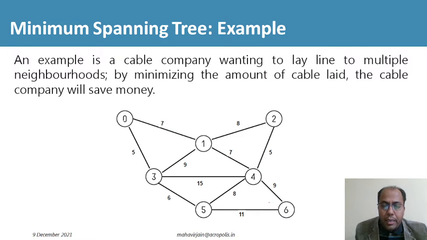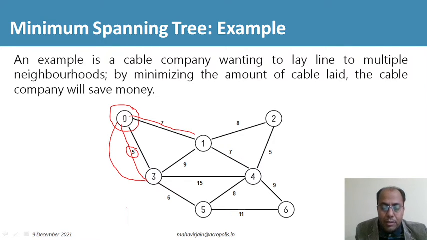Now, from this example, we can see that this is a graph. Suppose I am interested in finding the minimum spanning tree of this graph. Then I will choose one vertex that will be considered as a source, and I will pick the minimum edge. So in this graph, if I connect 0 to 3 and 0 to 1, I see the minimum weight edge is 5. So first I will connect 0 to 3. This will be the first edge that I connect from 0 to 3.